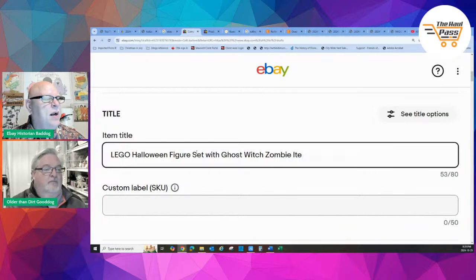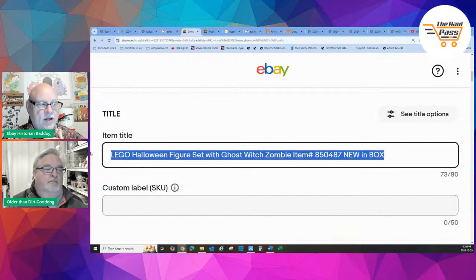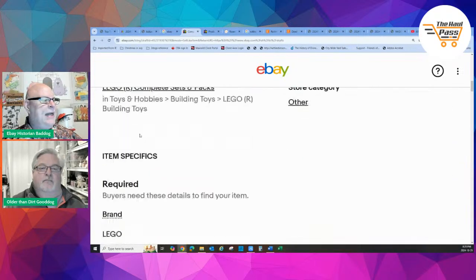Then we do the item number on here, because this is one thing for the 850487, because that is actually big, and then new in box. So I capitalize some of the words, just how I do it. I might do Halloween. I might do go. Just so you know, that is now my title. I copy that immediately down